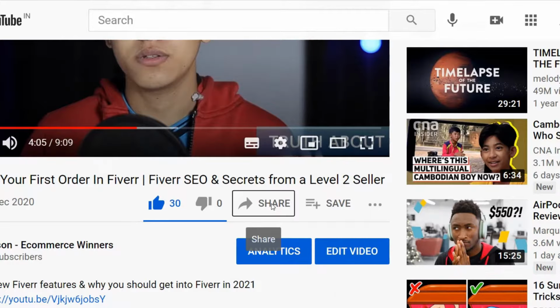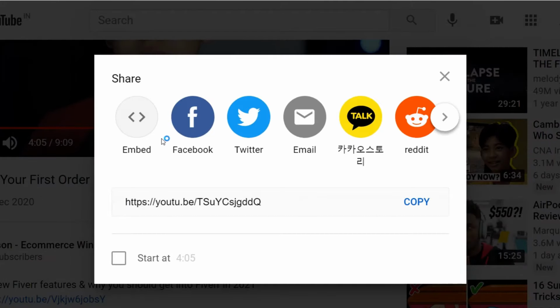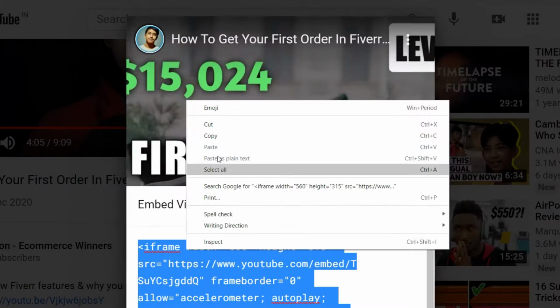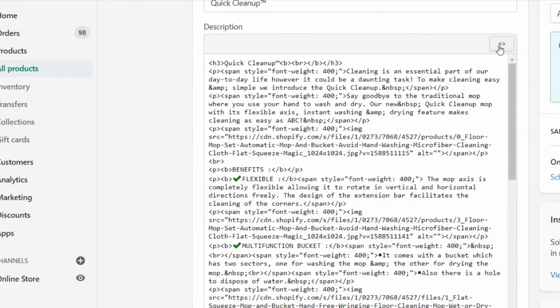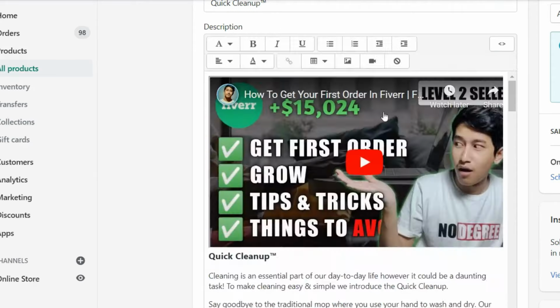So how do you do that? It's very simple. First, you upload the video. It can be the video you use for marketing on Facebook or Instagram. You have to upload it on YouTube, and then you have to tap on the share button. Instead of copying the link of the video, you have to copy the embed code, and once you get the embed code, all you have to do is go to your product editor in Shopify, and in the product description go to HTML mode and insert it anywhere, and that way the YouTube video will appear